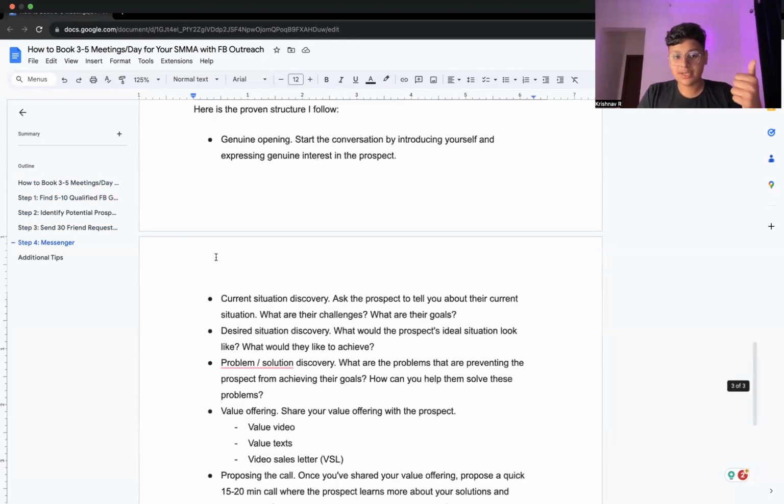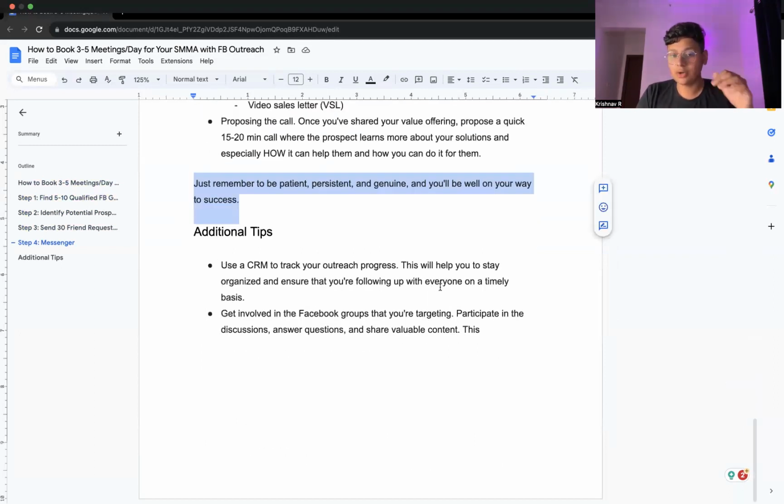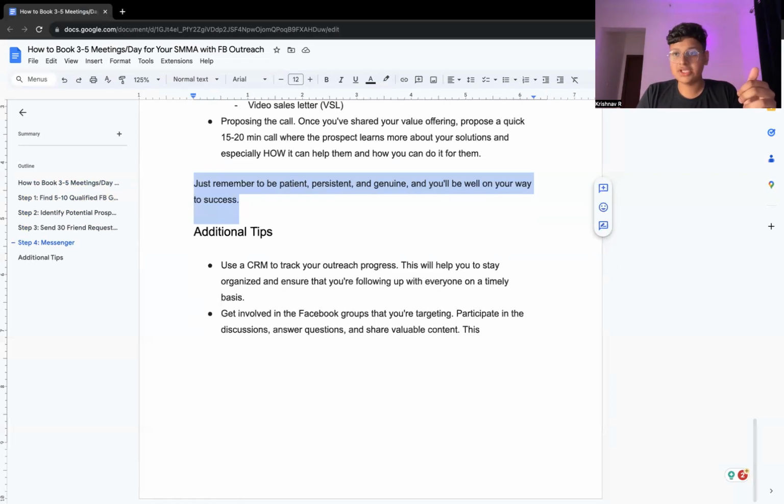2 additional points which I would like to say is just use a CRM to track your outreach progress. So we have one, for example, like Chat Silo. You can use Messenger Organizer. There's a bunch of CRMs specifically for Messenger. And if you're doing the same efforts on LinkedIn or on Instagram, you'll find specific CRMs for that as well. Just one search away, right? The reason we want a proper CRM is because you'll reach a point where you're having so many conversations with so many leads, and you need to know at what point of the customer cycle this lead is at. Is he in the cold phase? Is he in the warm phase? Is he in the hot phase? Right? We need to know what phase this specific prospect is in.